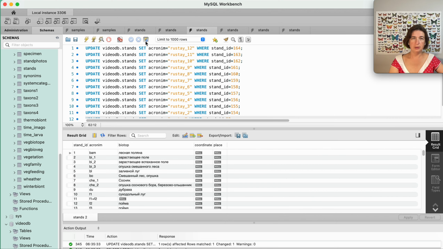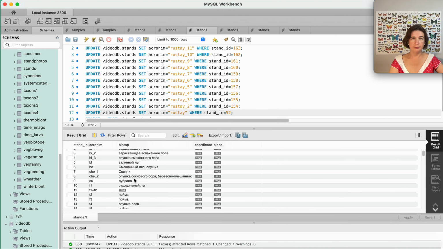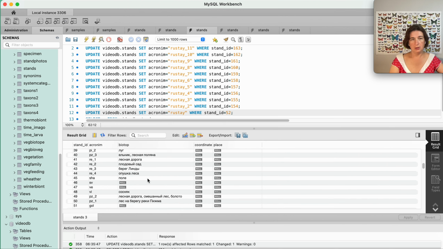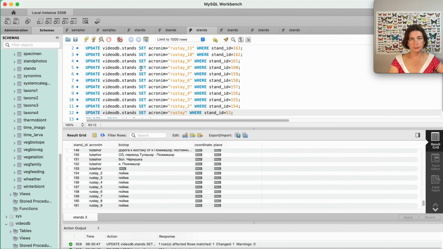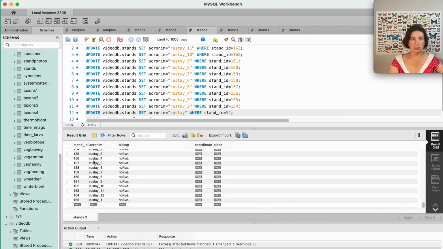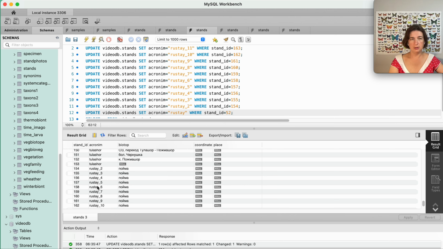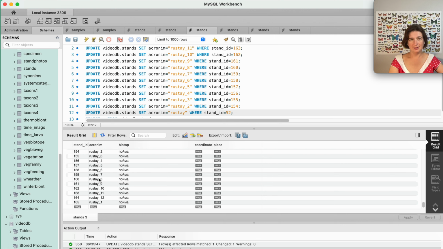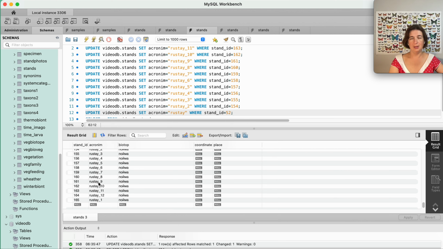And let's do it with another stands acronym. Let's check all. And Rustai became Rustai instead of KZR.